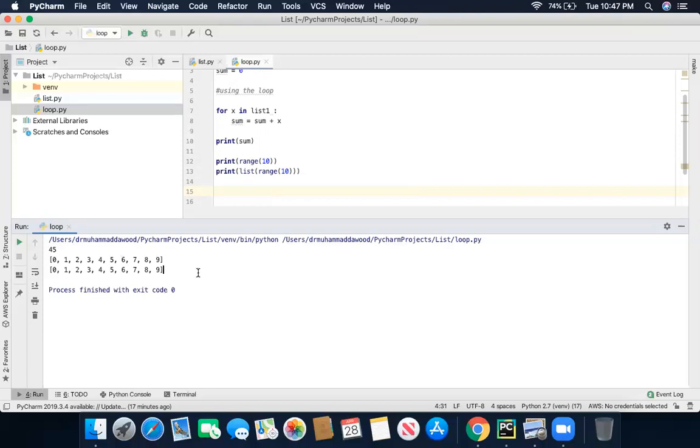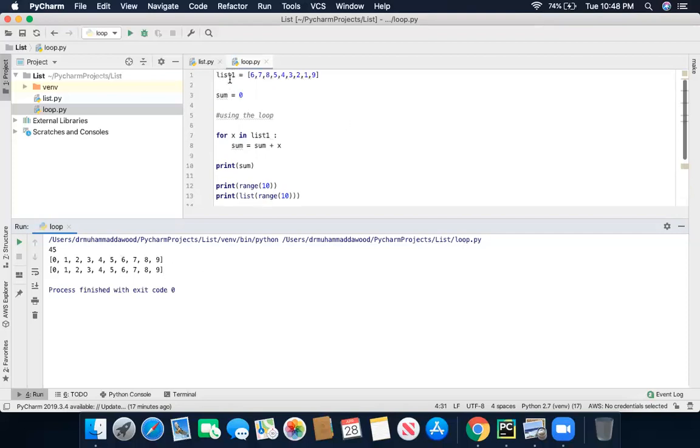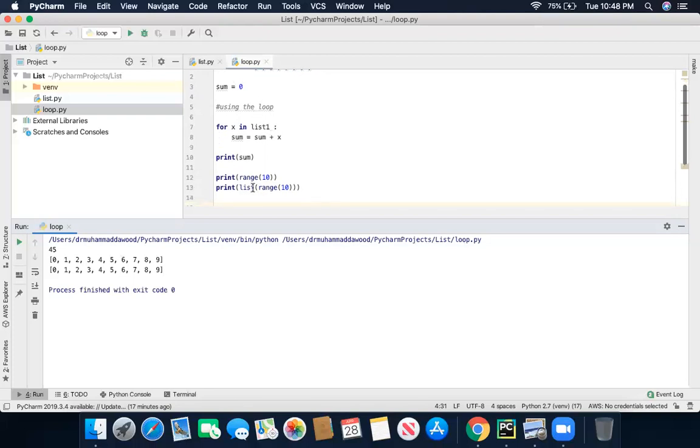So what did I do? Print. First, you have to change the list name. Before we were using list, change it to list one, so that we don't have the conflict in this list.